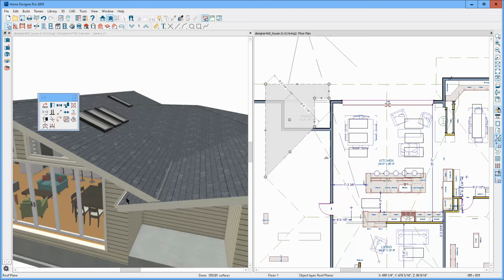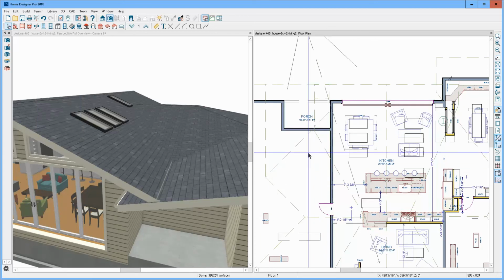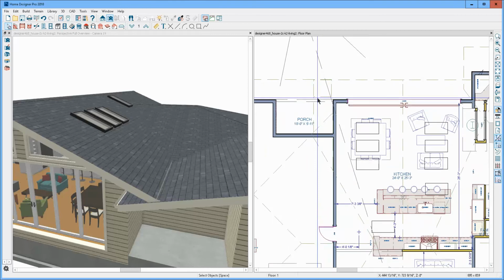So it's still there, visible. And then we need to get what's called a roof cricket or roof saddle to eliminate this dead valley. And it's just an additional manually placed roof plane. And it's usually triangular shaped. Let me show how you would do that, and then I'm going to draw a baseline